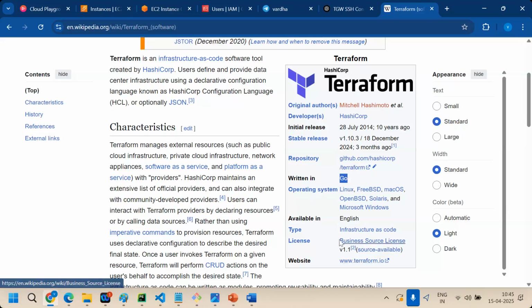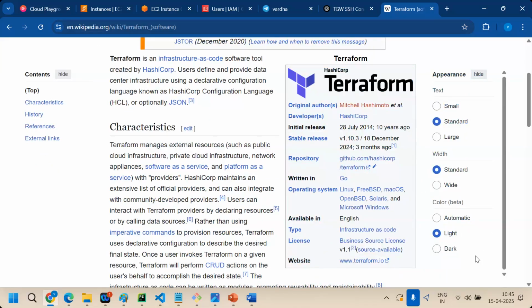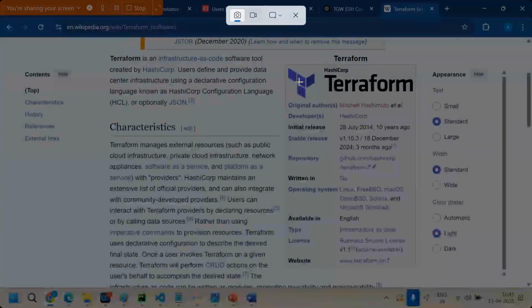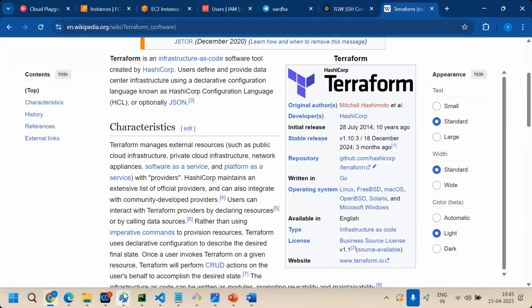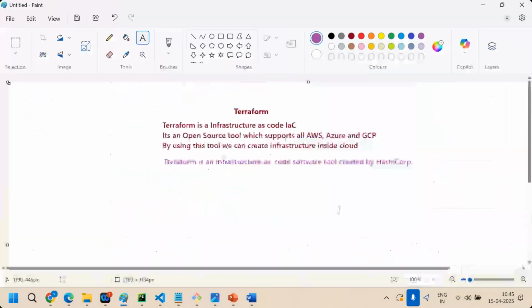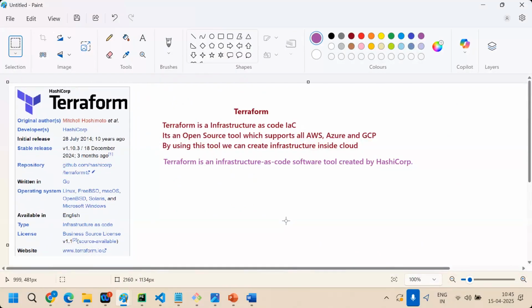See now, the business source license is updated. It's a business source license now, so not fully open source. Terraform is developed in Go language, but you need not write Go to interact with Terraform.